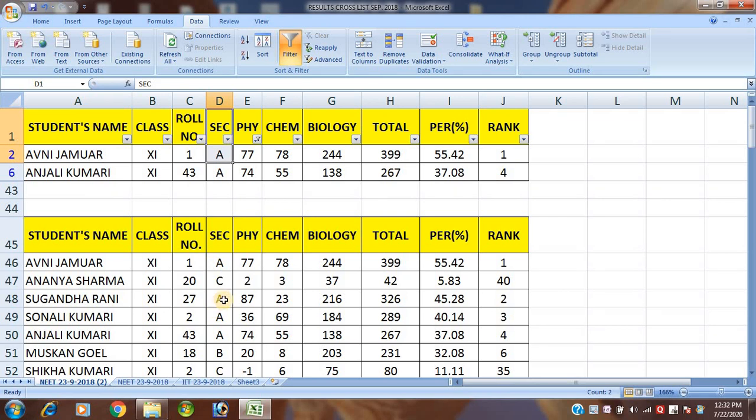Now I will discuss data validation, which is very very important for you. Data validation means what? Sometimes when we insert data, wrong data is inserted by mistake. When we insert 1 lakh records, 1 crore records, so many times we can insert a wrong record.